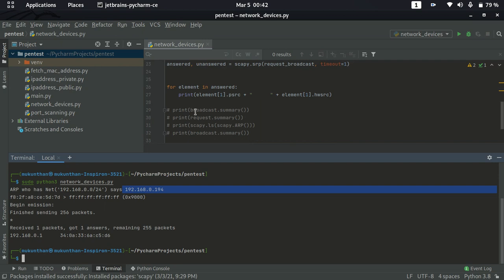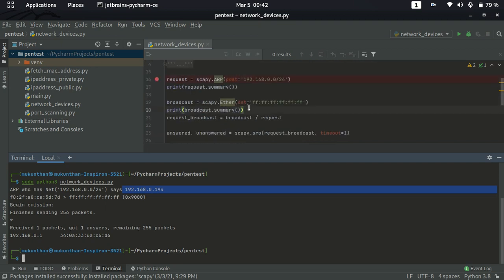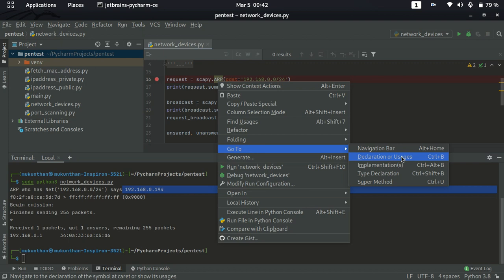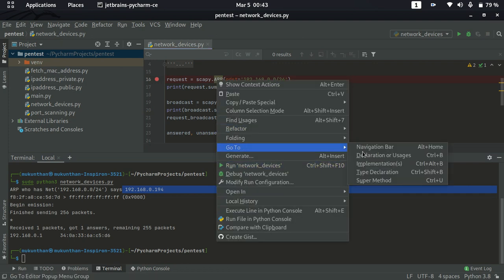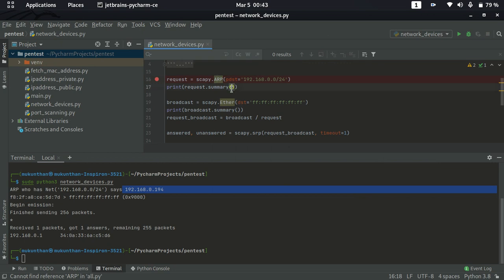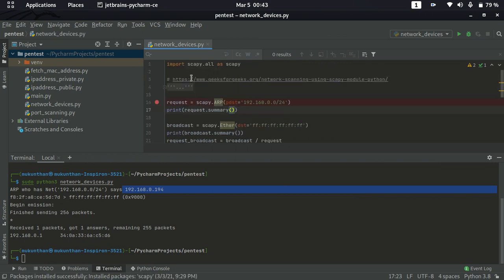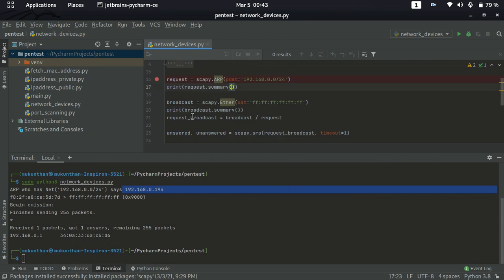So how to see the different values or the attributes from the particular request? For example, if you want to see the ARP, how do you know that PDST? One way is to just see the implementation, or let's say the declaration. Here you cannot see because it is directly pointing to scapy.all. So sometimes you may not be seeing that one. In other words, you can see that by using the ls.